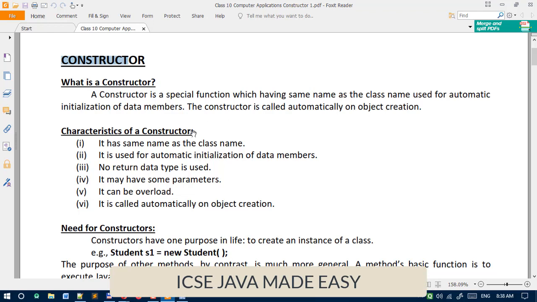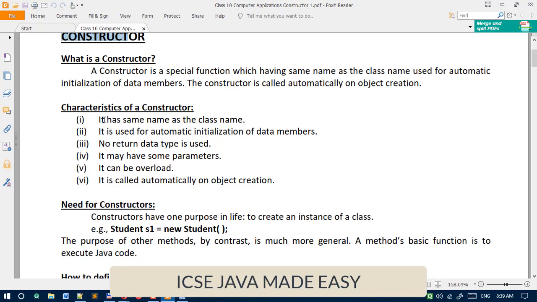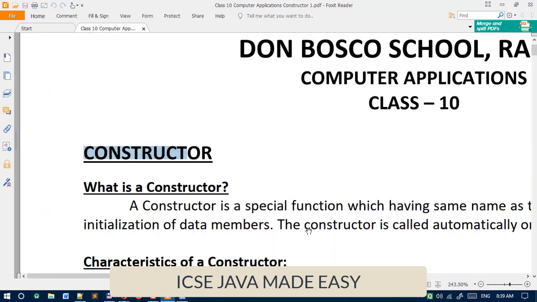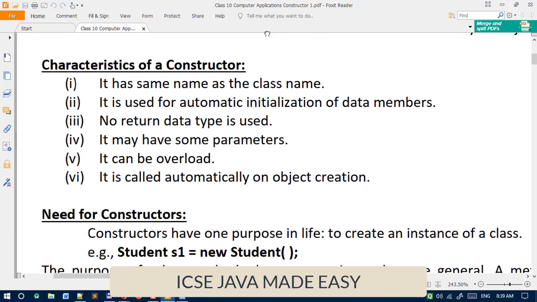See what are the characteristics of a constructor. First one, it has the same name as the class name. Second, it is used for automatic initialization of data members.